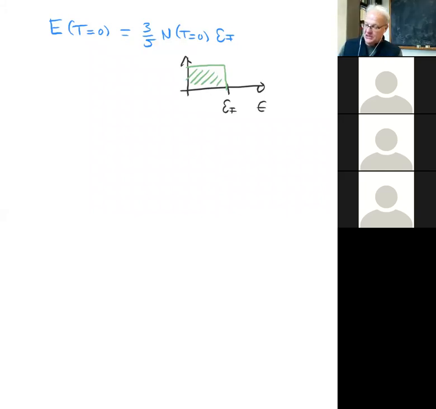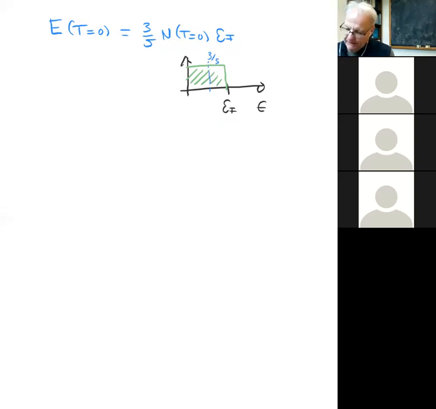So the total energy is just some integral over all possible energies between 0 and E Fermi. So it somehow makes sense that the average energy would be something in between. And the average energy is not a half E Fermi, it's 3/5. And that's simply because there are more states with higher energy than there are states with lower energy. So the mean energy is not a half E Fermi, but a little bit more than that. So the mean energy is somewhere here. It's the magic 3/5.